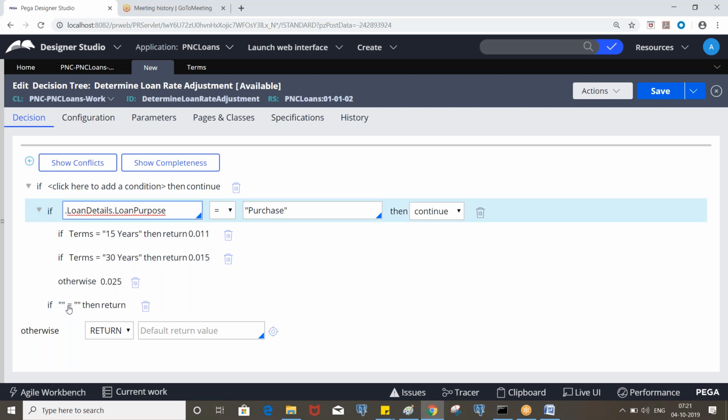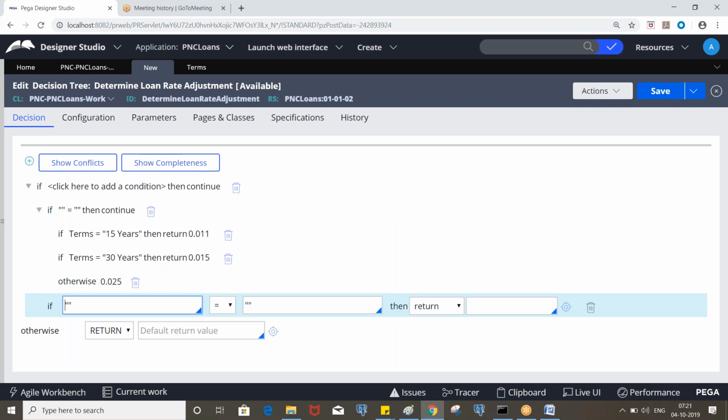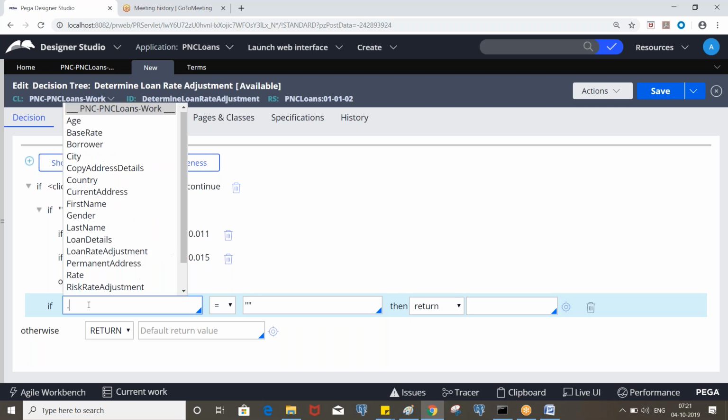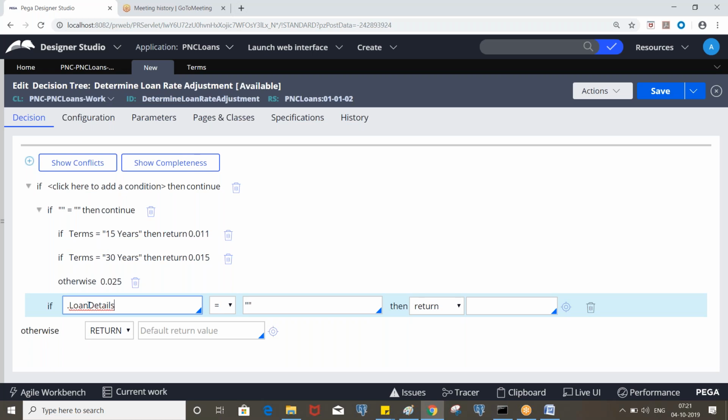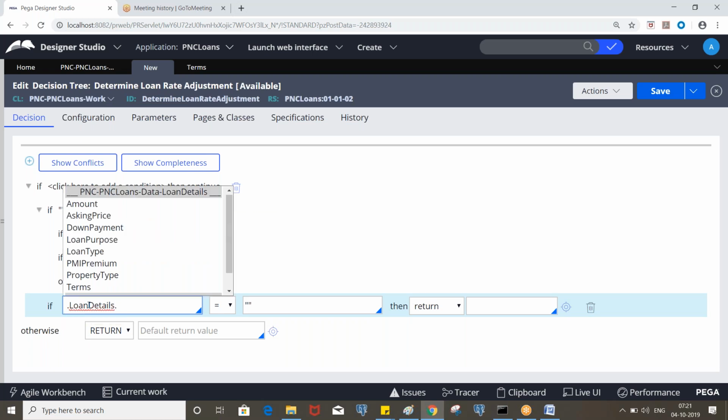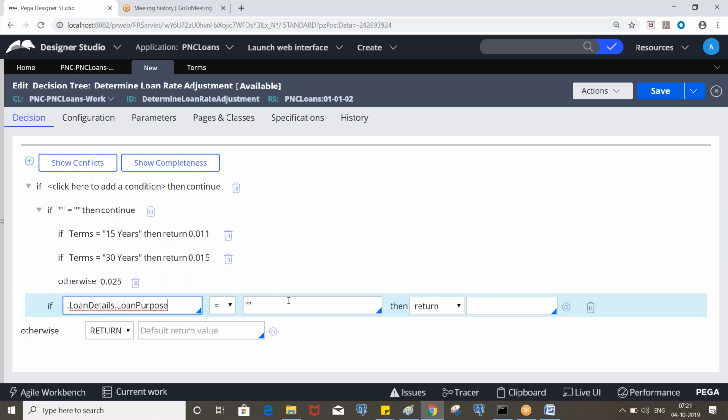If it is not purchase, it will check whether it is refinance. Either it will be a purchase or refinance. Okay. If loan purpose is refinance, again we need to consider terms, right? So continue.